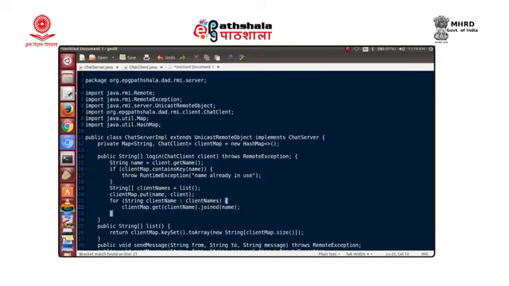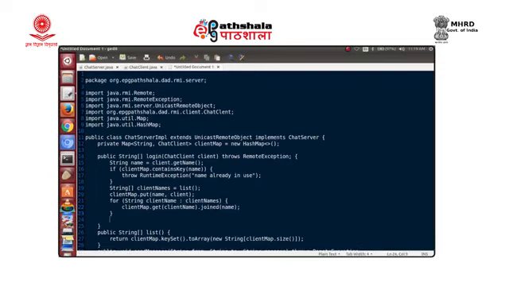Once this is done, we also return the list of all the other clients, which we have already taken as client names, back to the client who is logged in. So, the one who logs in also gets the entire list. We will simply say return client names. So, the client is going to get the names of all the other clients who have logged in. That is our implementation for login. I think we have an extra semicolon there. We need to remove this.